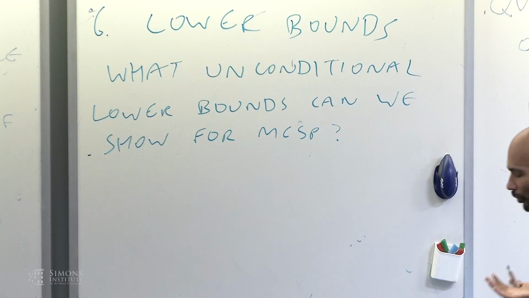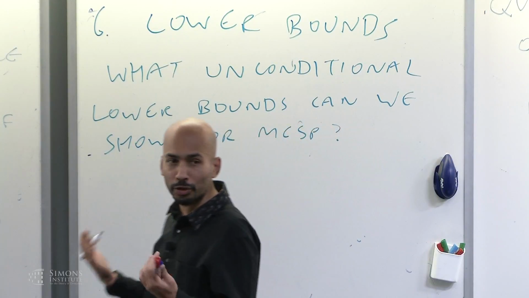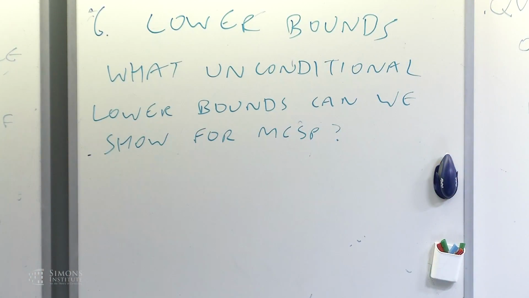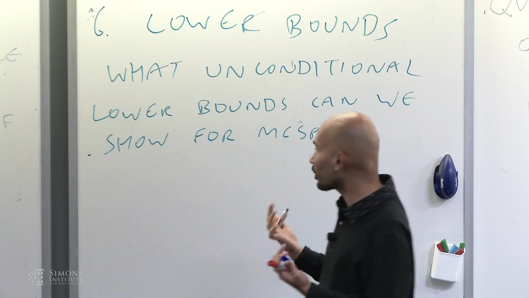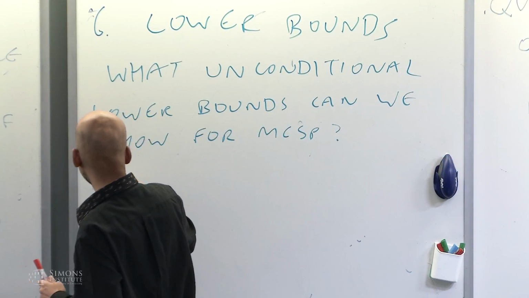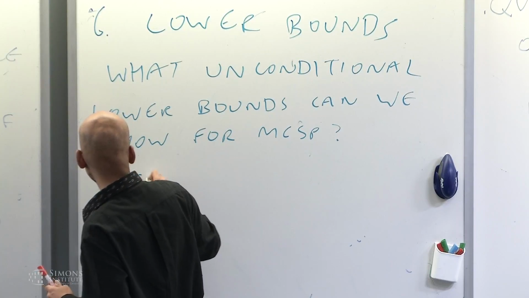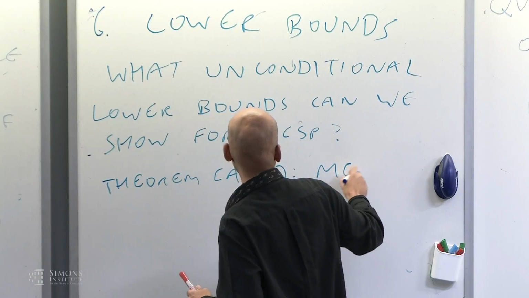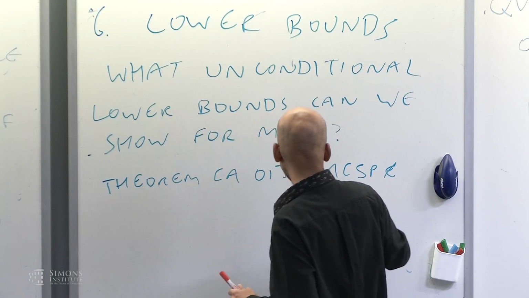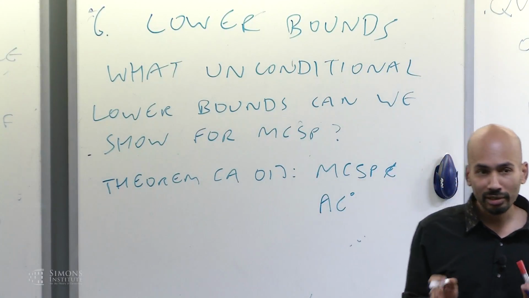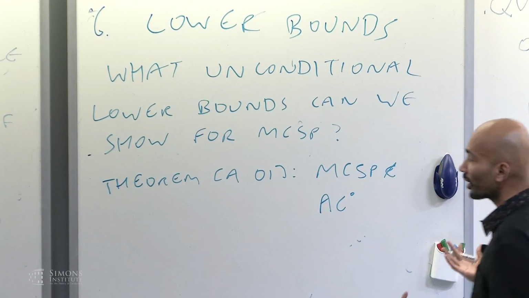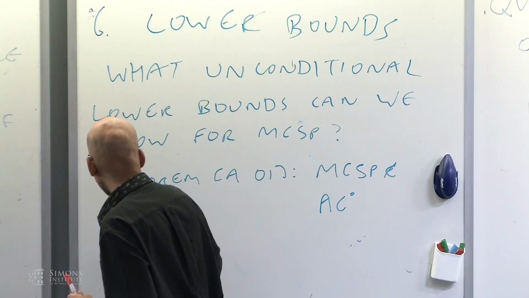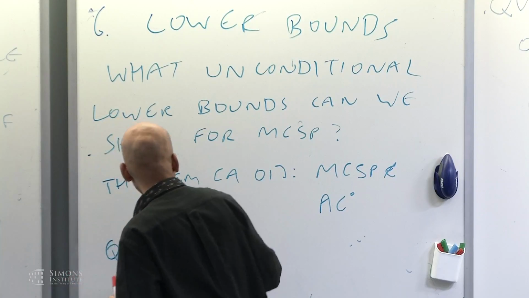For SAT, if we have a lower bound for an explicit Boolean function, we can quite often use efficient reductions to SAT to get a similar lower bound for SAT, and similarly for other NP-complete problems. But for MCSP, it seems not as straightforward to show lower bounds. There's a result of Eric's from a while ago, which shows that MCSP is not in AC0. And even that relies on the Nisan-Wigderson generator, so it follows by looking at the Nisan-Wigderson generator against AC0 and analyzing that. But it's still open even if MCSP is in AC0 with parity.